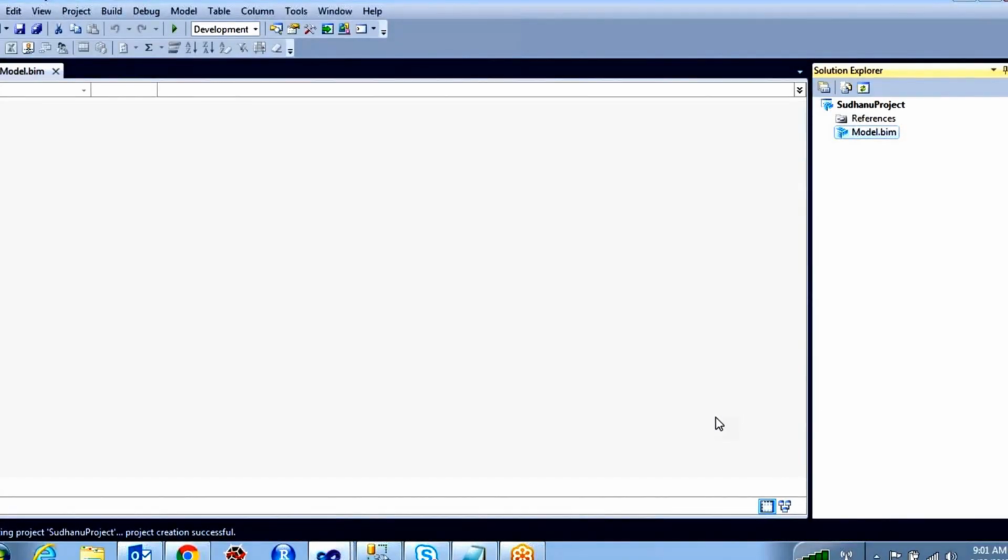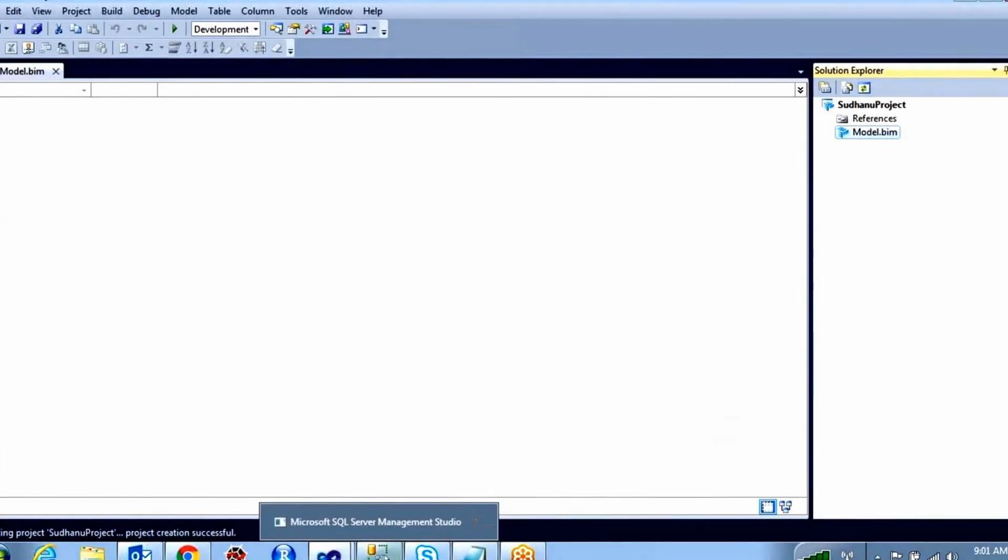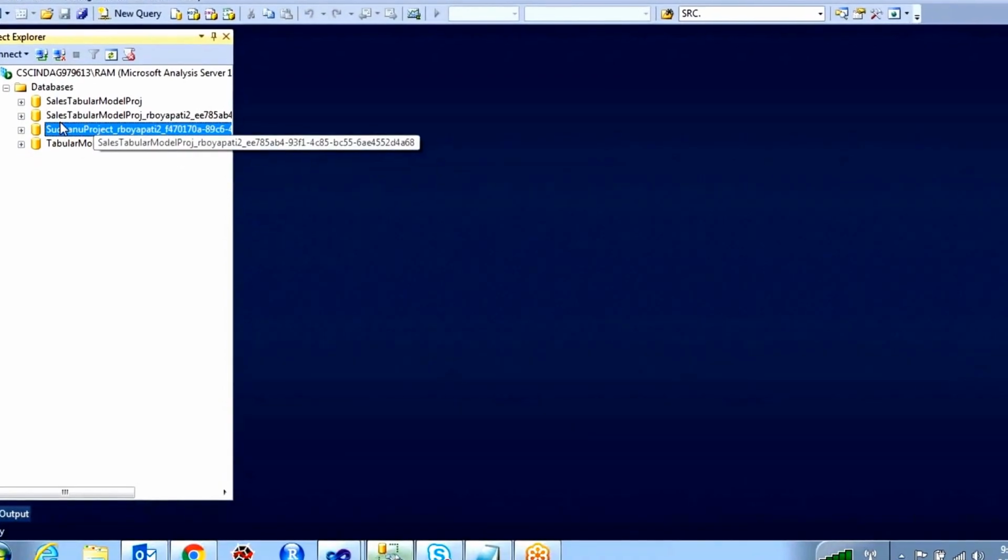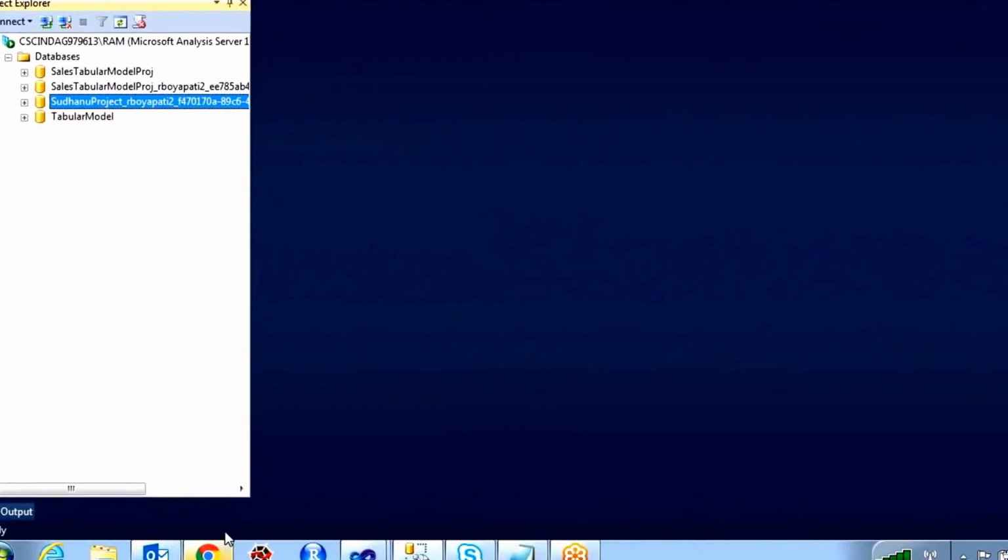If you want to change the workspace server, when you open SQL Server data tools for the first time, it will ask you where you want to save this workspace, either in your analysis services local server here, or you can store it in your computer, on a hard disk as well. There are two options.